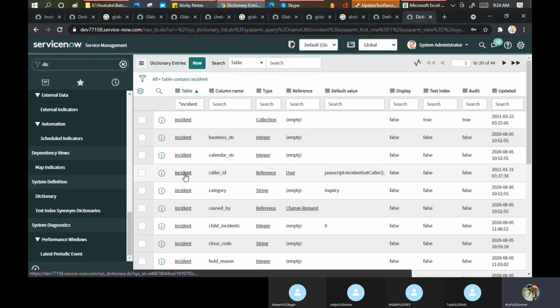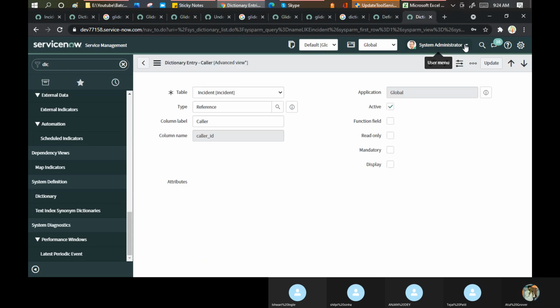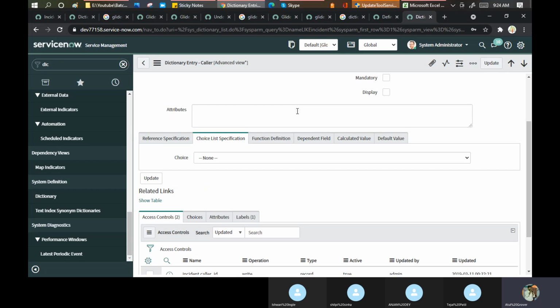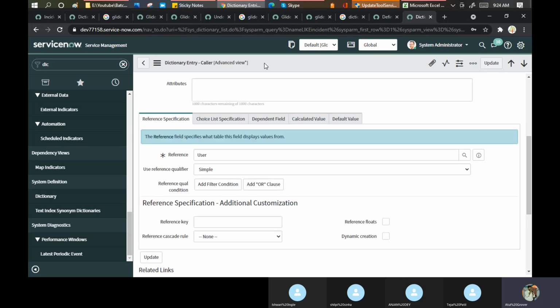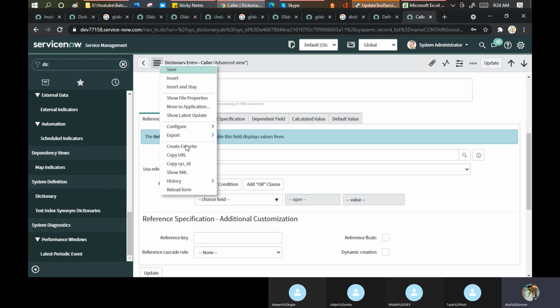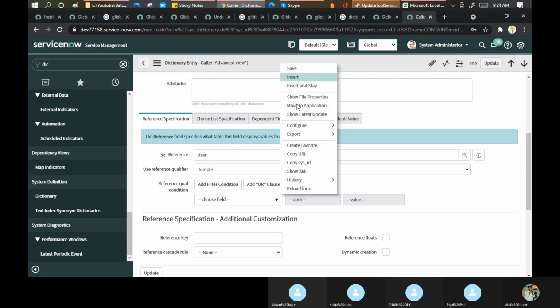Let me take caller ID here. Is anyone able to find any related list, or maybe they did not add it here? Wait, let me change the view first. If I have any other view, no view, let me add this related list.